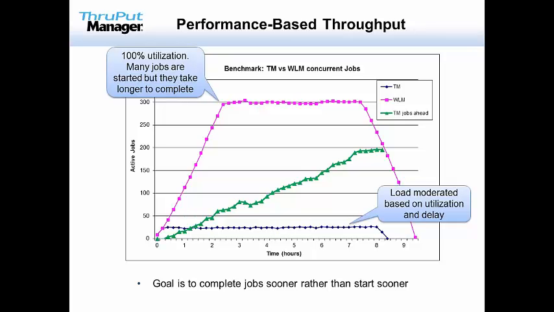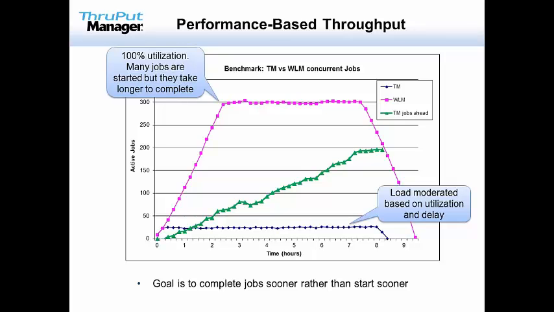Then we reset, we start again, we run the jobs again with Throughput Manager. Now in a nutshell, what we're doing here, this component that I'm focused on, it's an automation component within Throughput Manager that wakes up every 10 seconds. And besides just looking at the utilization, it's also looking at the performance of the service class. It's looking at the CPU delays. And it's making a decision based on all these criteria about exactly how much work to run.